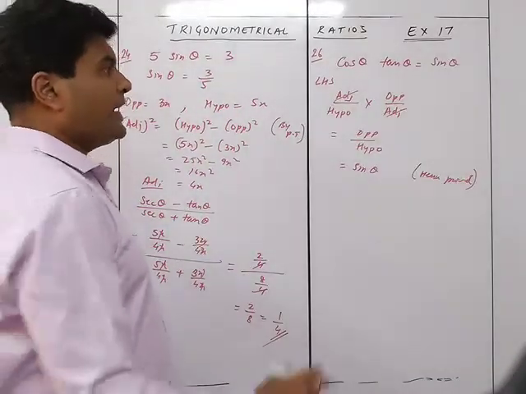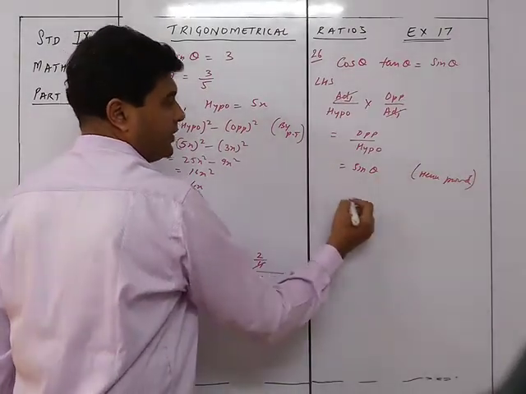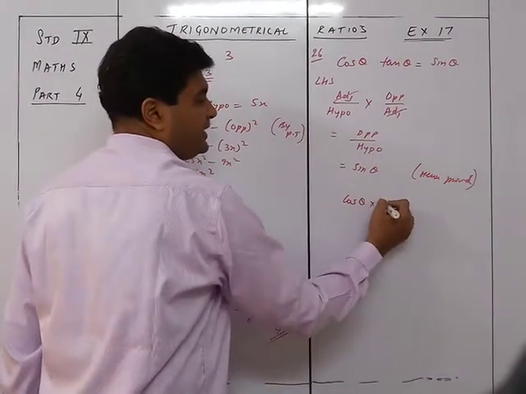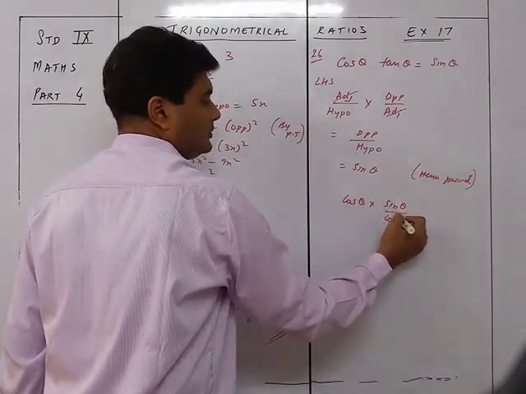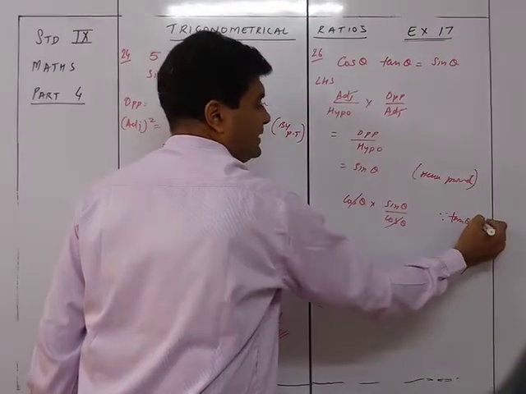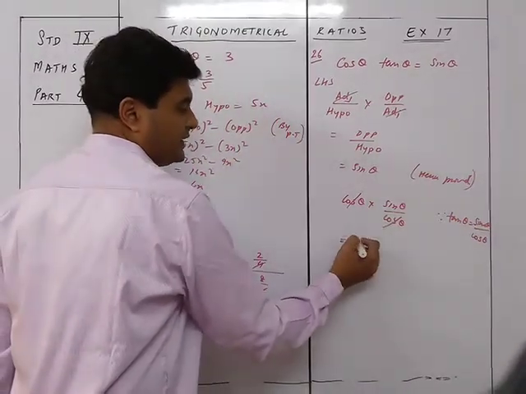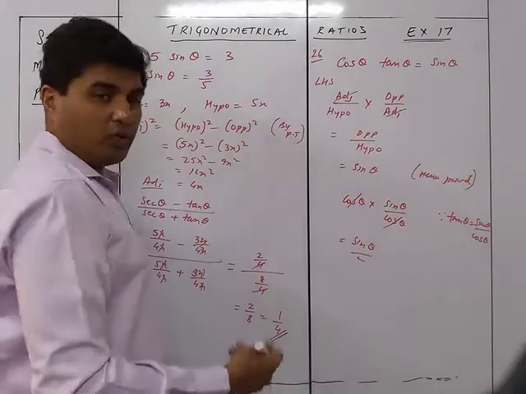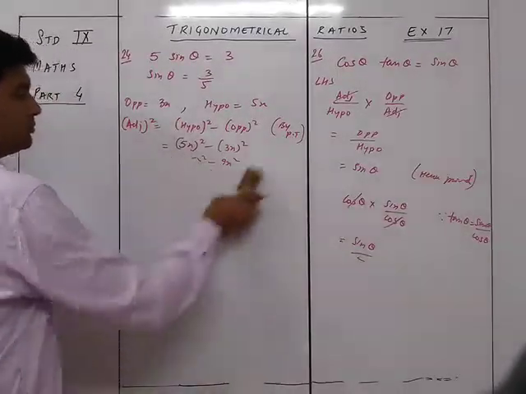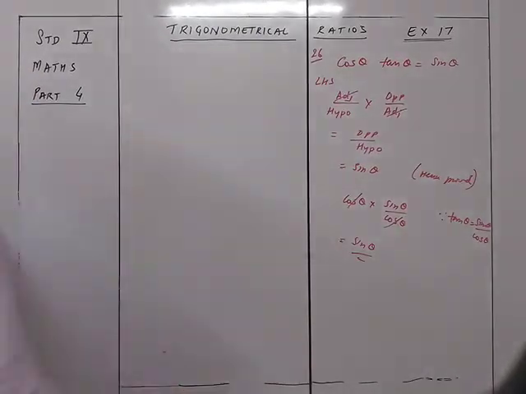Okay. You can do the same thing also in the other way. So that is the second method. Alternatively, what you can do is cos theta. Now we know that tan theta is nothing but sin theta upon cos theta. So since tan theta is equal to sin theta upon cos theta, this cancels to sin theta. This is also one more method if you want to do it. Both are easy, so not a problem at all.